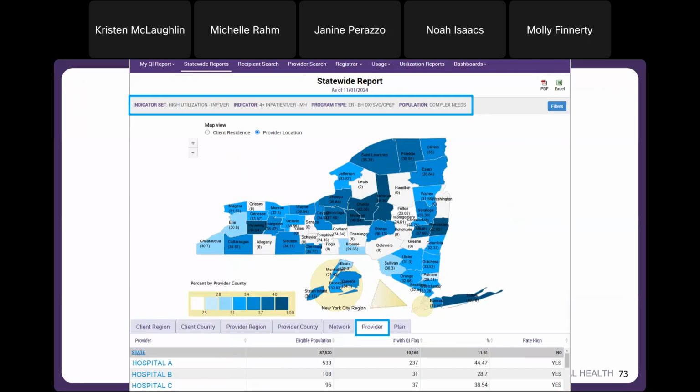Here's an example of me looking at the providers and comparing myself. Let's say I'm hospital B, and hospital A has a higher prevalence than me, and so does hospital C. Even though my number might seem kind of high, when I compare myself to other providers providing similar services, maybe I feel like I'm actually doing pretty okay. So that's another way for you to run this kind of search.